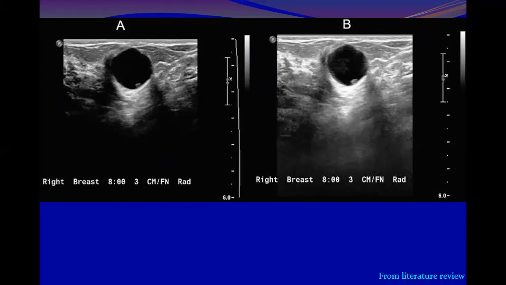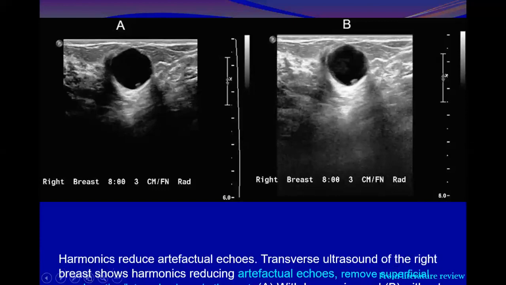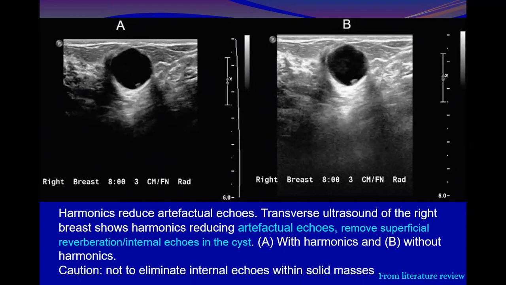The resolution of the image is better, and even the posterior characteristics of the lesion, the enhancement, are better. The low frequency reverberation artifact in the cyst is eliminated, the borders of the lesion are sharply demarcated, and the speckle artifacts are reduced. So it reduces artifactual echoes, including reverberation and superficial internal echoes